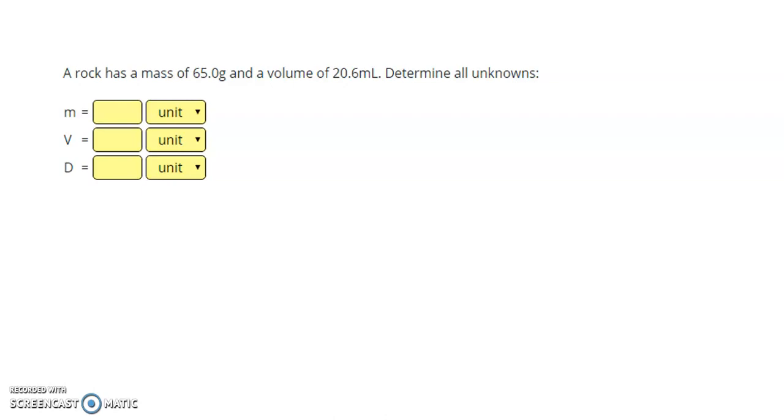grams. The grams tells you that's the mass. The next value you see is 20.6 milliliters. Milliliters tells you that's the volume. So you can fill in the mass here and the volume here. 65 grams is the mass, 20.6 milliliters is the volume, and remember the unit told you what that number went